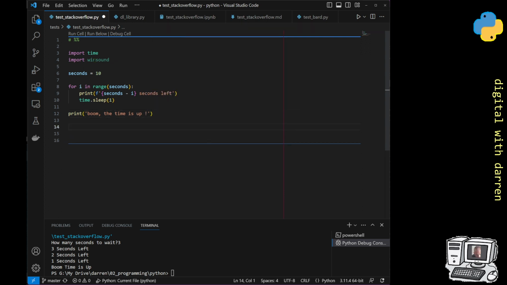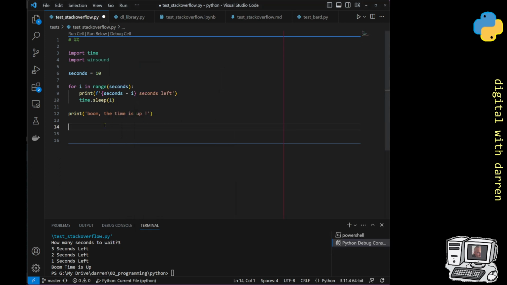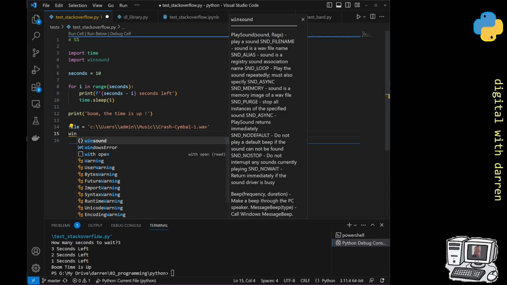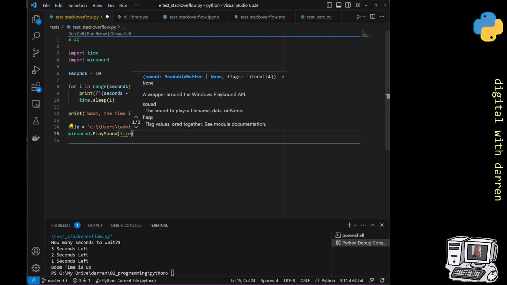and then we'll get a file. So let's just get a file there from my file system. Music. Over here, just going to do a copy of this one. File equals this, and we'll just put the double backslashes in for Windows, or we could change them to forward slashes. So we've got that, and then winsound dot PlaySound of our file,